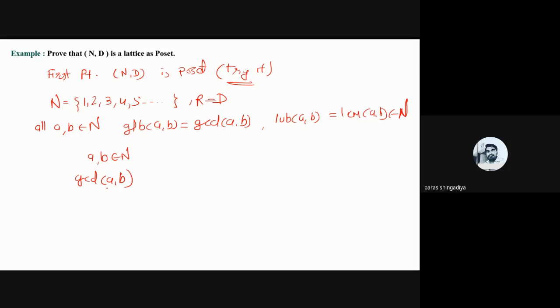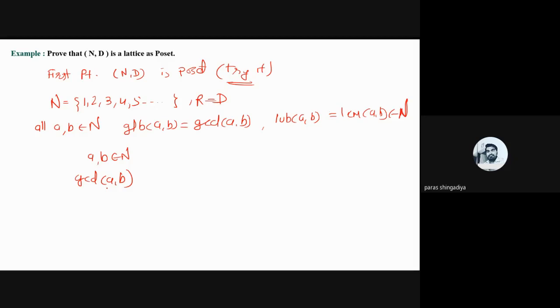Let's take any two numbers you choose, say 3 and 5. The GCD of 3 and 5 will never be 1/2. The GCD of 3 and 9 will never be 0.5, and never be root 2. So the answer is always a perfect number, and we consider the positive choice, a positive perfect number. It is always a positive perfect number greater than or equal to 1, meaning you will never get zero as the answer for any two values' GCD.